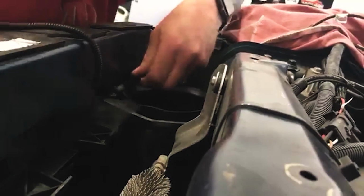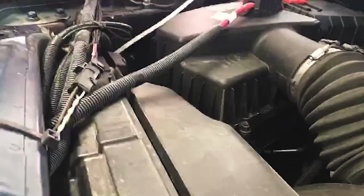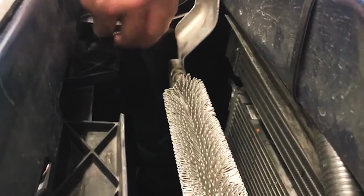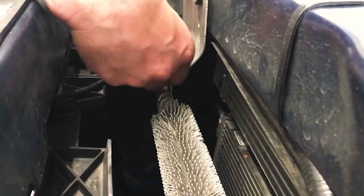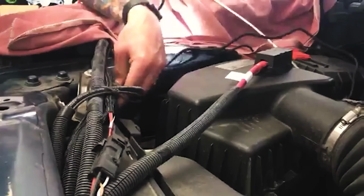I'm actually going to come around this other way. I'm going to use some of this bracketry to kind of secure it. Handy so you can see what the heck you're doing. So the key here is just to get it tight. I'm probably going to put a small hole there so I can secure this right there. And then up here, you'll notice all kinds of other harnesses. So now it's a matter of,